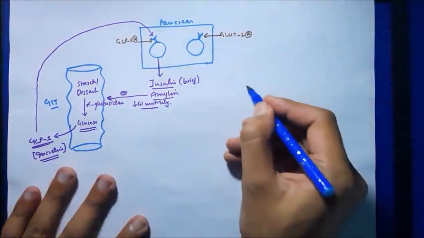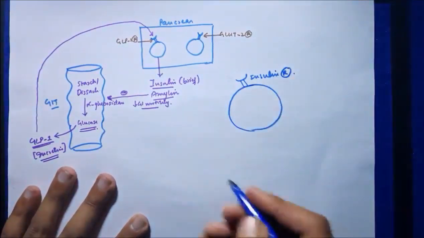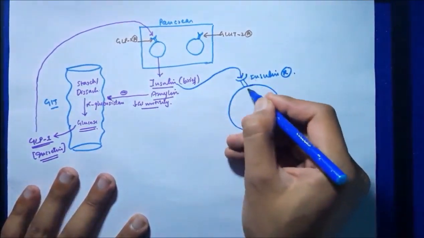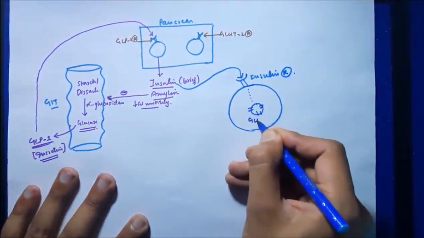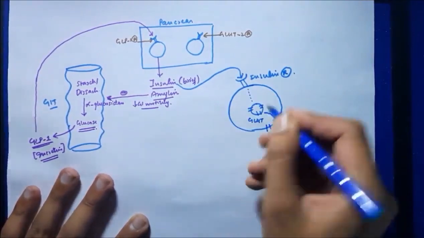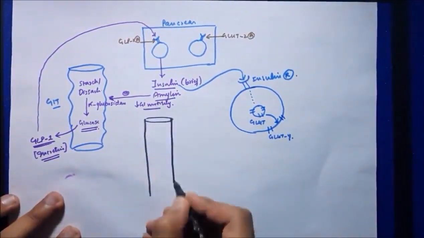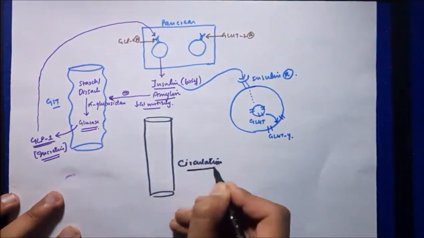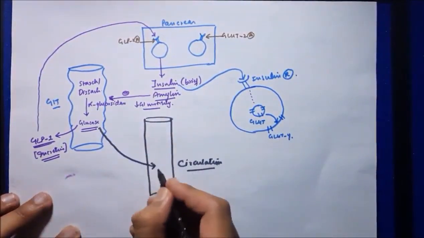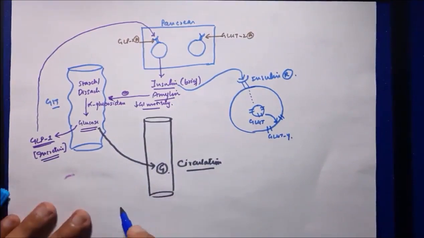Now this amylin decreases gastric motility and provides a feeling of satiety. Now let us consider this is a peripheral cell with insulin receptors and GLUT4 receptors present inside the cell in the cytoplasm. So binding of insulin to the insulin receptor causes the translocation of GLUT4 receptors, from where they take in glucose from the circulation. Now let us say this is a blood vessel, so the glucose from the GIT eventually enters into the circulation. Now this glucose will not be able to stimulate GLUT2 receptors because of its low concentration.